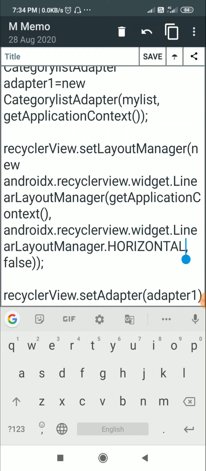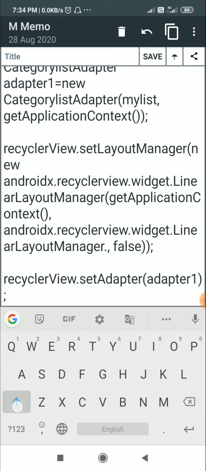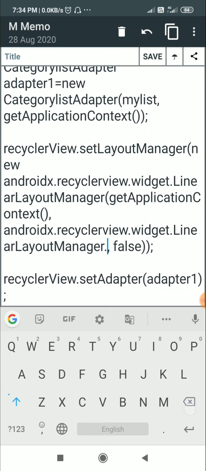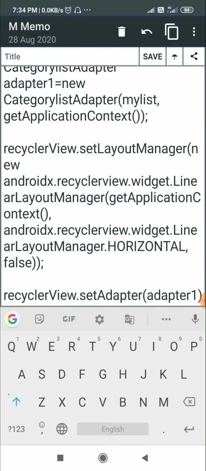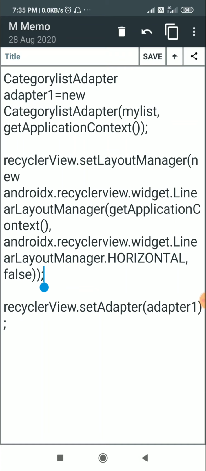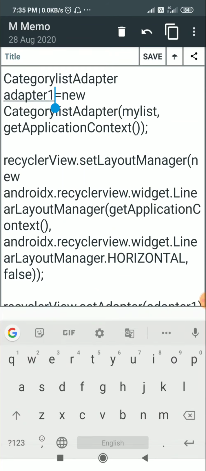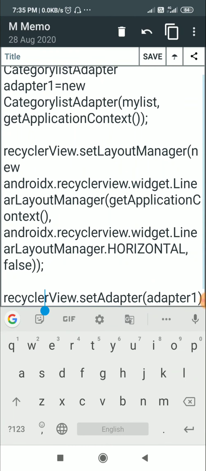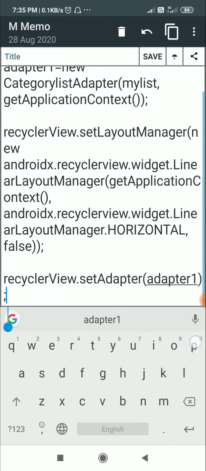We can change it to vertical if you want a vertical list. You can change it to vertical or horizontal. After this I set adapter1 as the adapter of the recycler view by writing recyclerView.setAdapter(adapter1).